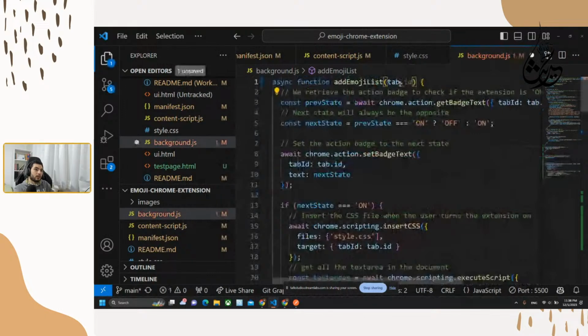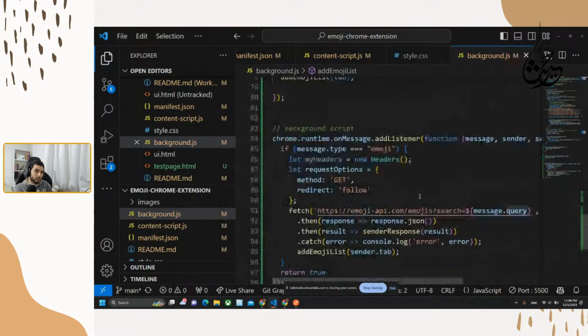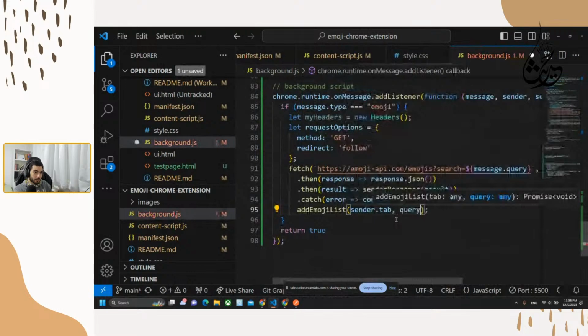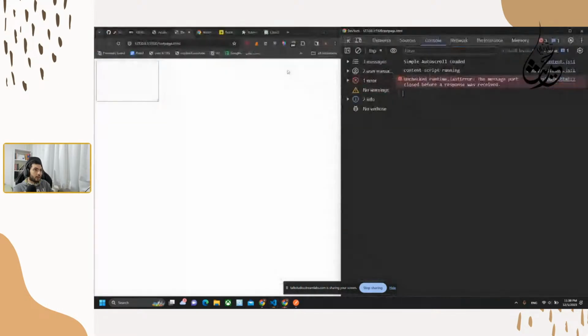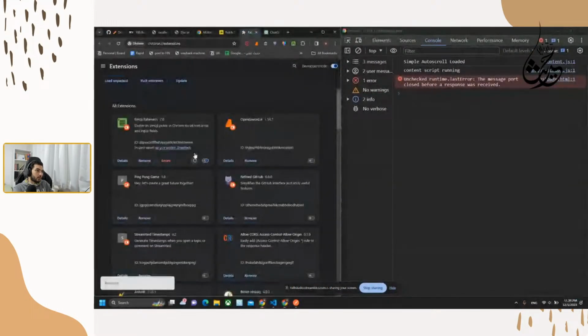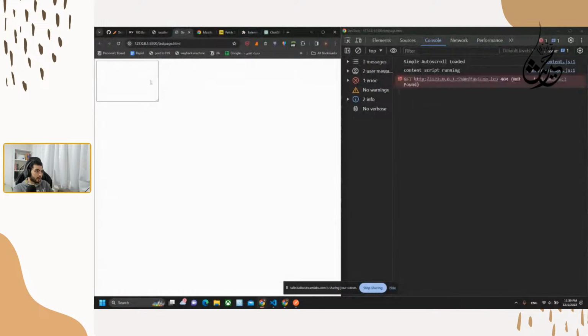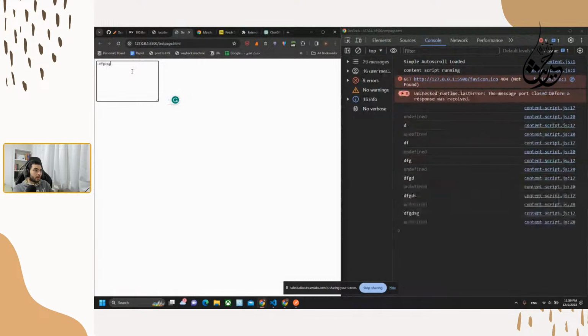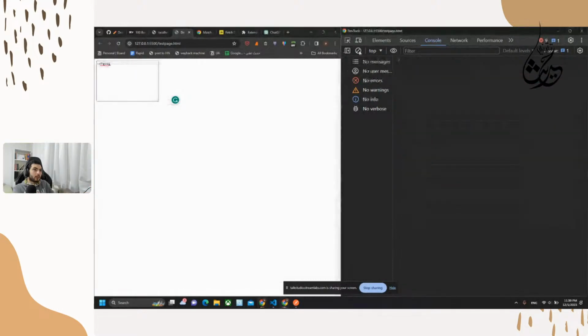And here we could add this as query, and down with add emoji list where it is. Here we could have query. And let's refresh the extension that we are having. Refresh this. So right now I would expect, and okay, we have that, but I should